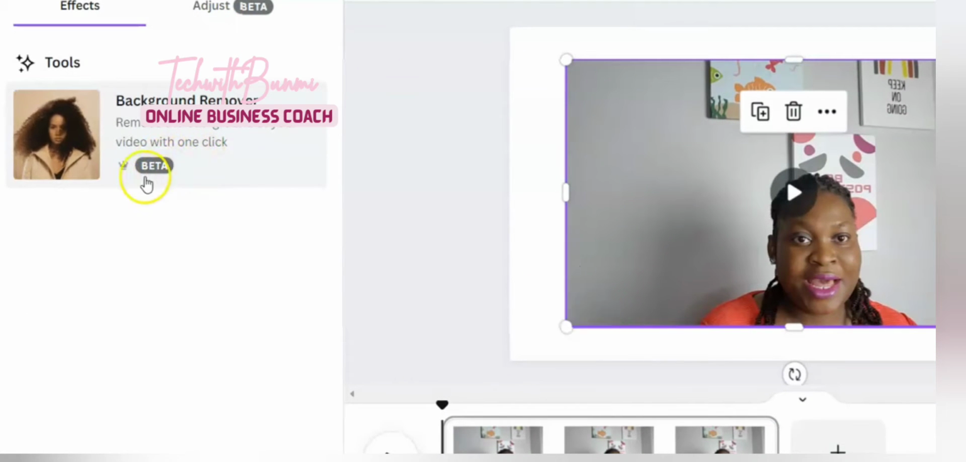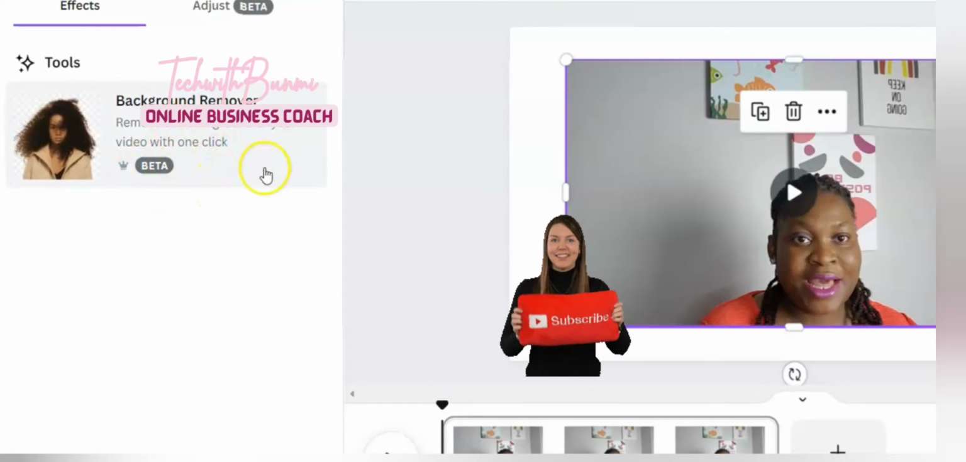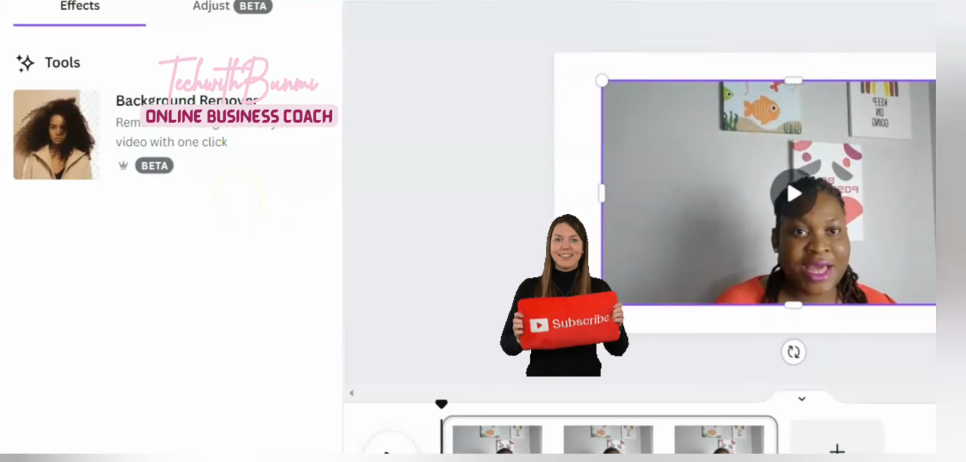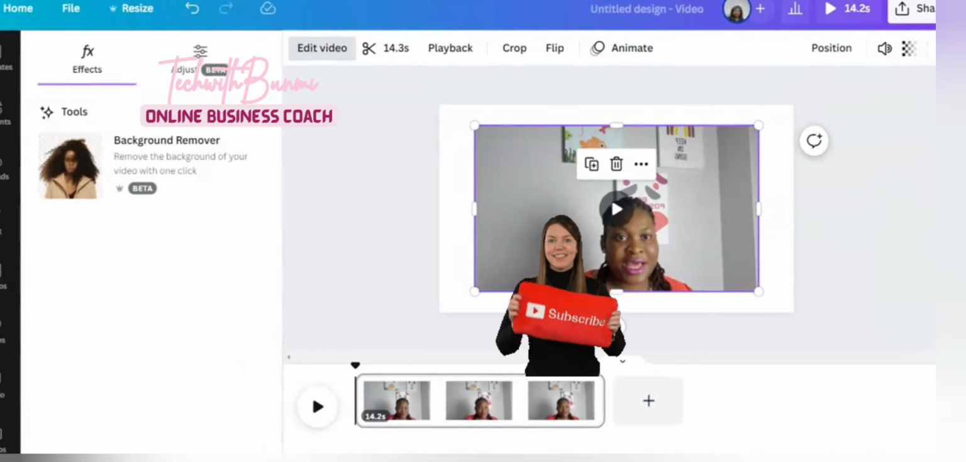This symbol indicates that it's a new feature and Canva is still testing it. In short, it indicates that it is a new feature in Canva. Okay, so now I'm going to click on it,